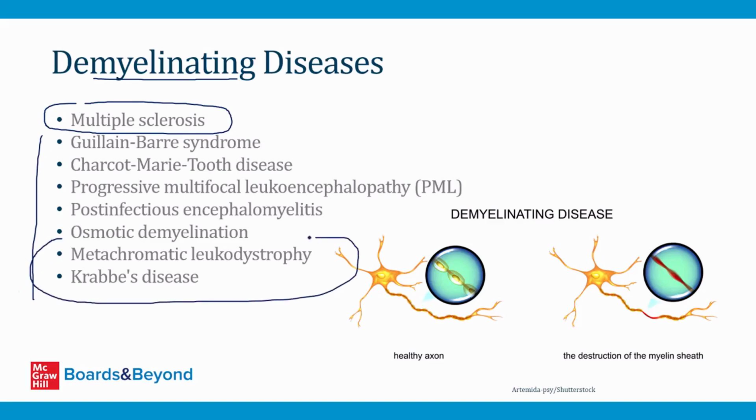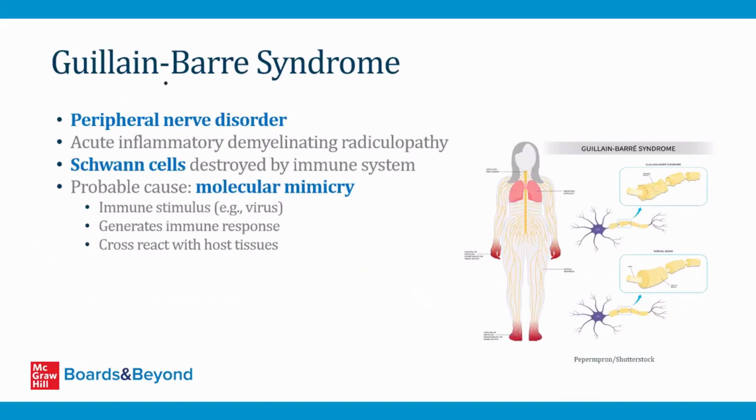I've included them on this list for completeness' sake, but these are lysosomal storage diseases, and I talk about these disorders in their own video in the biochemistry section. So we'll start by talking about Guillain-Barré syndrome, which is a peripheral nerve disorder, and the key word is peripheral. So this affects nerves outside of the brain and spinal cord, so very different from multiple sclerosis, which is a